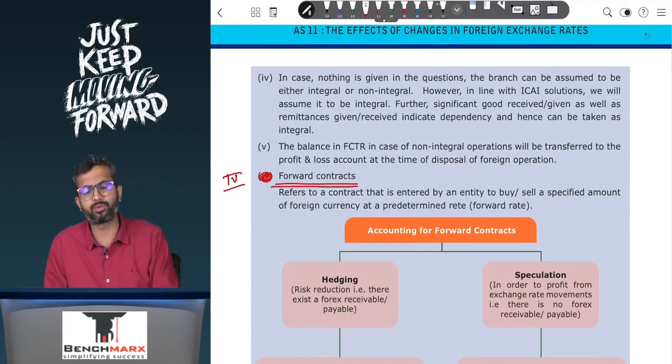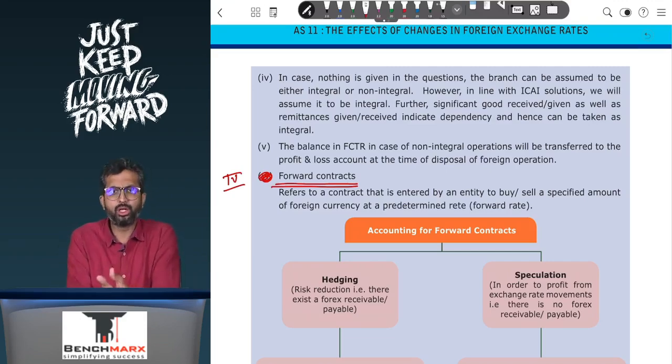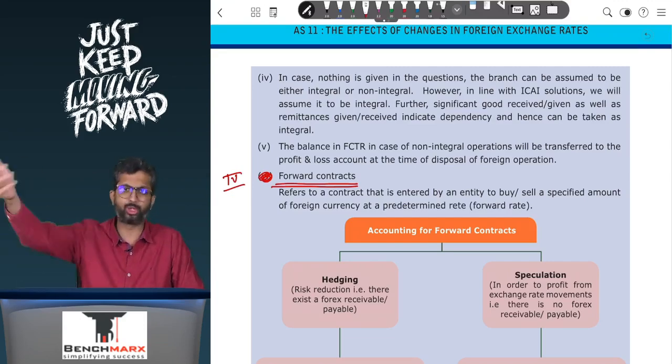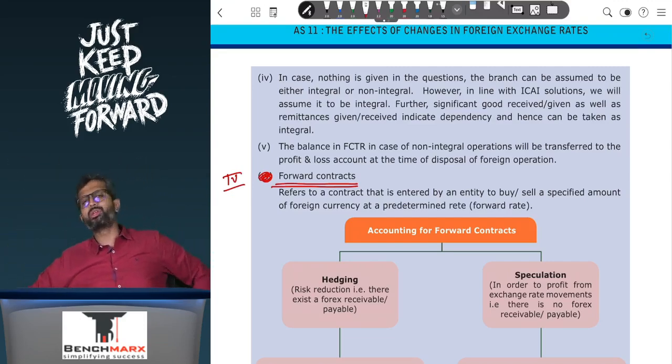Now, what do you mean by a forward contract? Usually, you will go to the bank or the dealer to buy the dollars when you have to pay it if you are an importer, or when you receive it when you are an exporter. However,